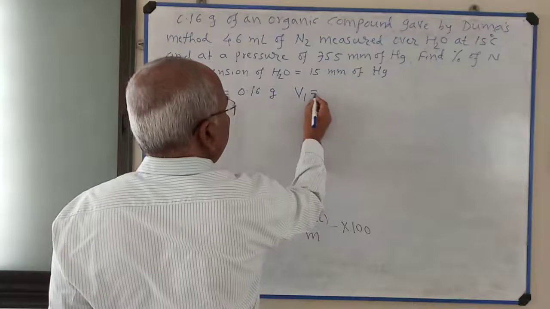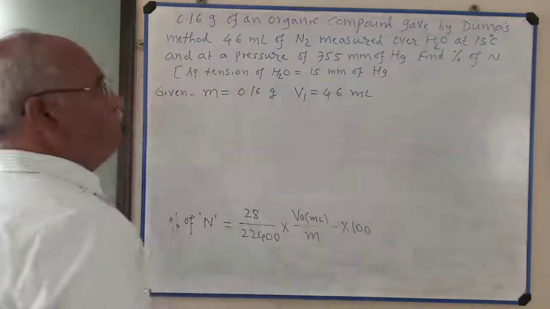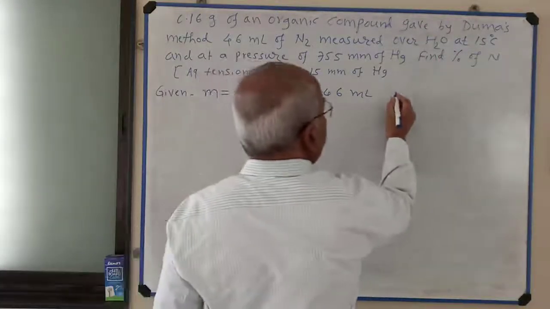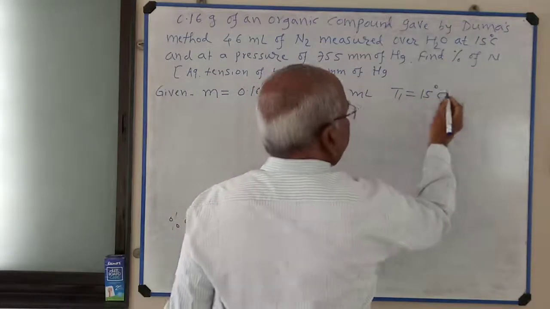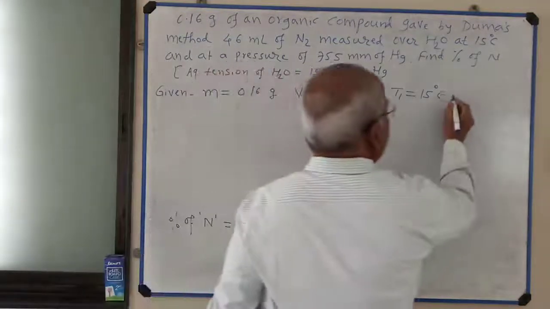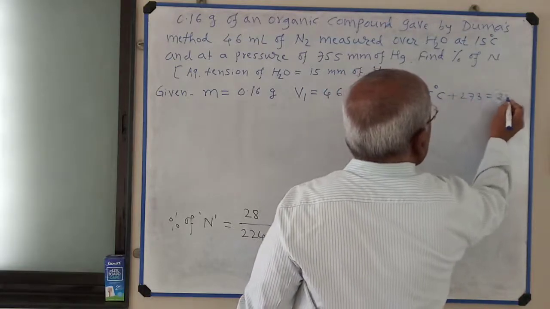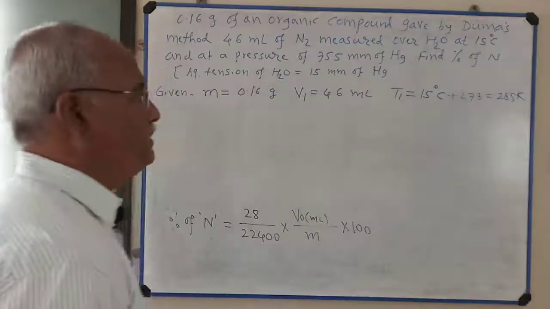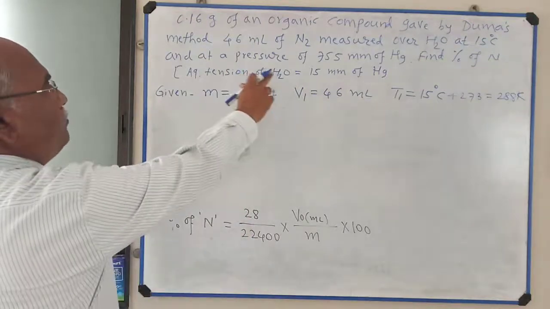Phi1 is equal to 46 ml. Measured over H2O at 15 degrees centigrade. T1 is equal to 15 degrees centigrade. Convert temperature into Kelvin. Therefore, I add 273, that is equal to 288 Kelvin. Then a pressure of